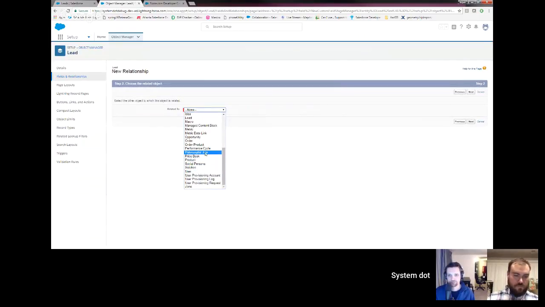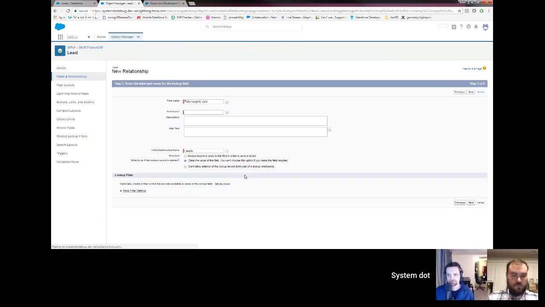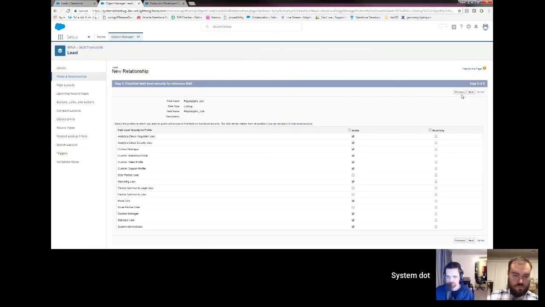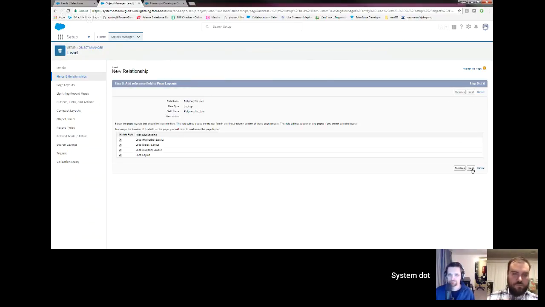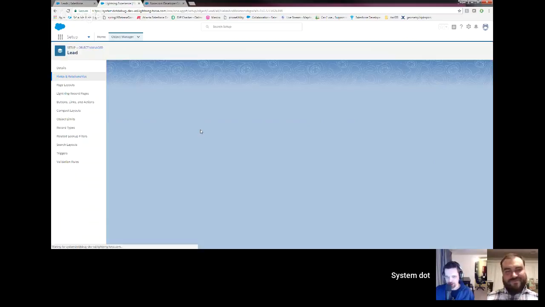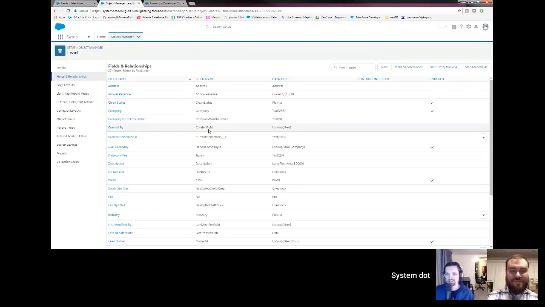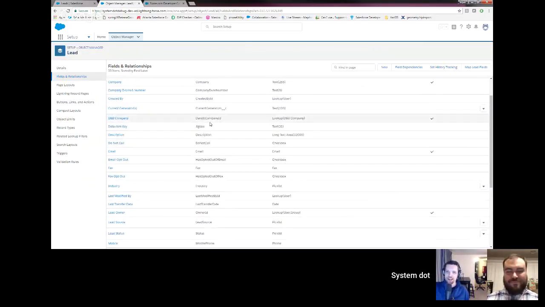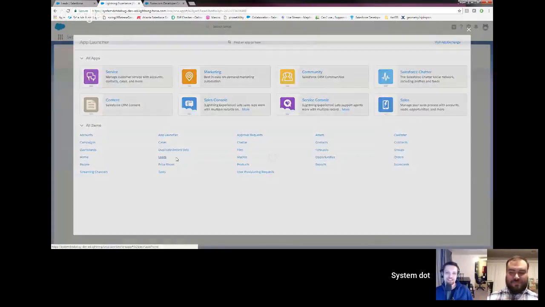And we're going to go to our polymorphic join object and click next. Click next. Who gets permissions? You get permissions. Everyone gets permissions. So clearly we're not being good stewards here, but that's okay. This is a demo. This isn't a land called demo where everybody is an admin. Everyone's an admin. So now that we've done this, we can actually go into our lead object, and we're going